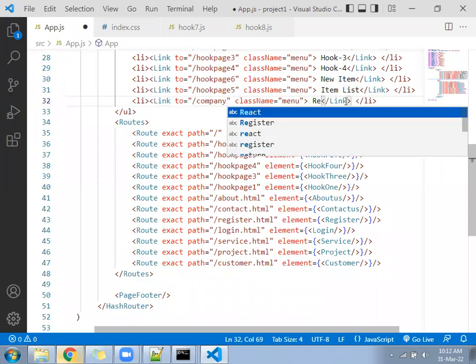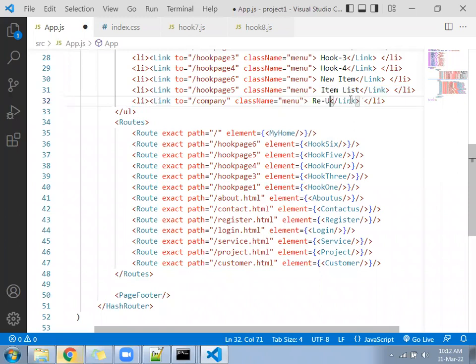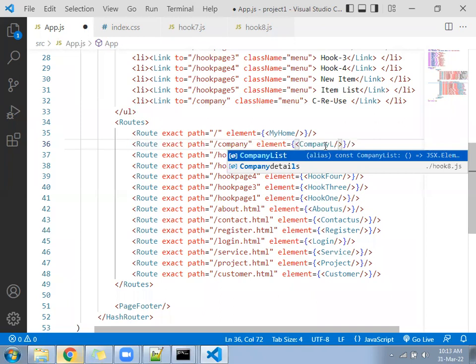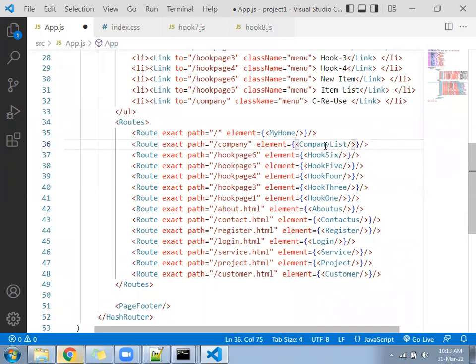Component reuse. I have given the heading. Now it should work.